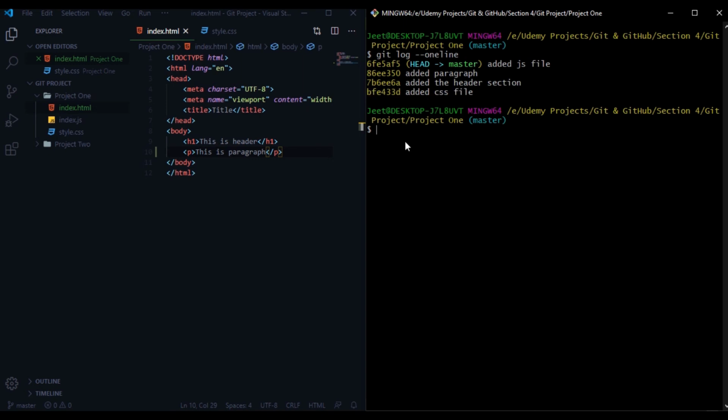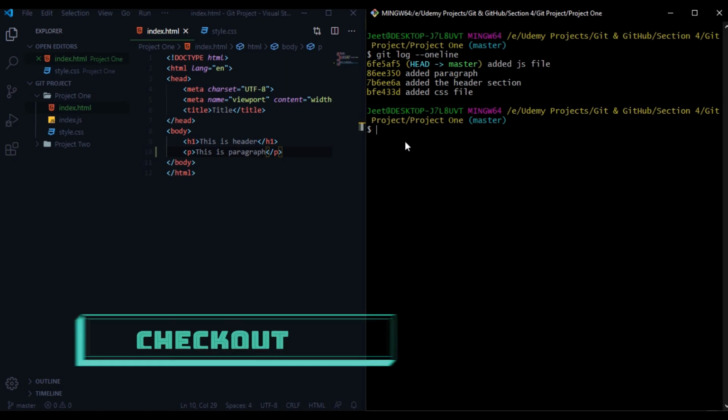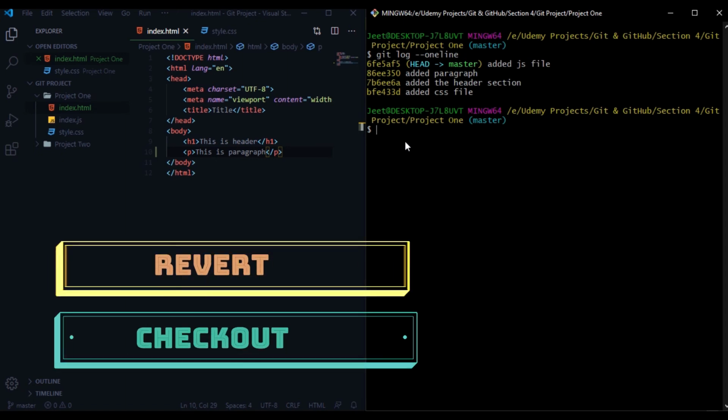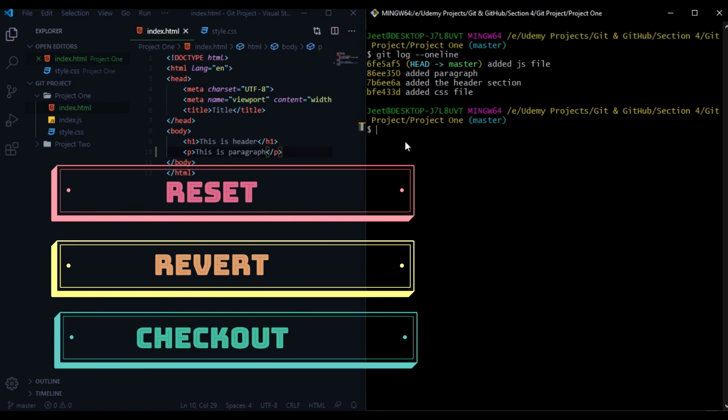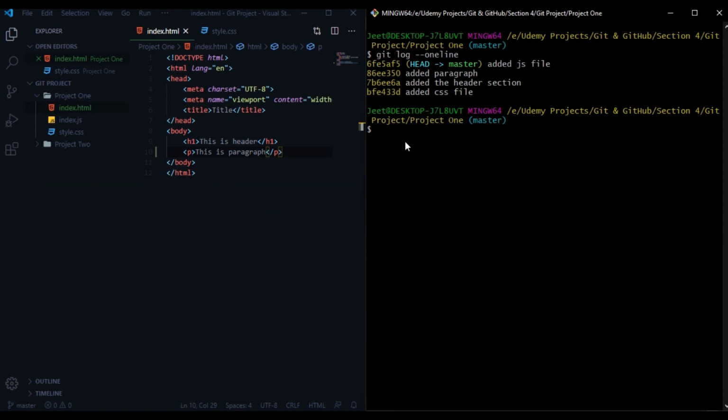And for that we have three options. The options are: first, we can checkout, we can revert, and we can reset. Well, first let's start with checkout. Suppose you want to see this thing, where we added the header section. You want to toggle back there and see how the file was looking back then, and you can type git checkout,